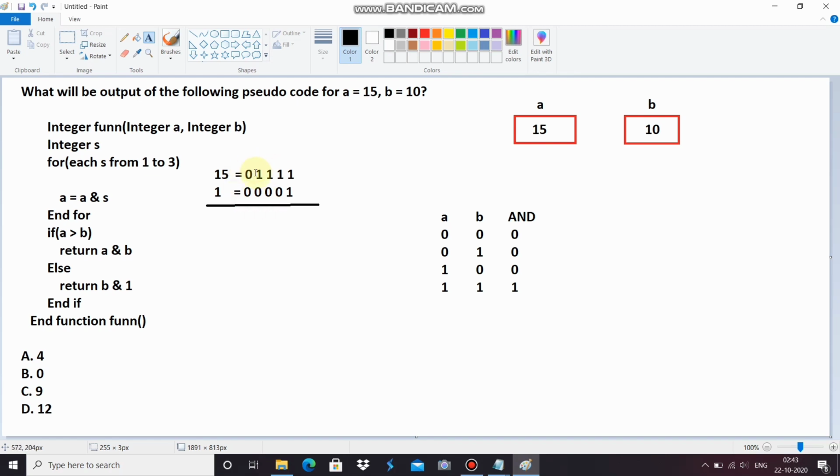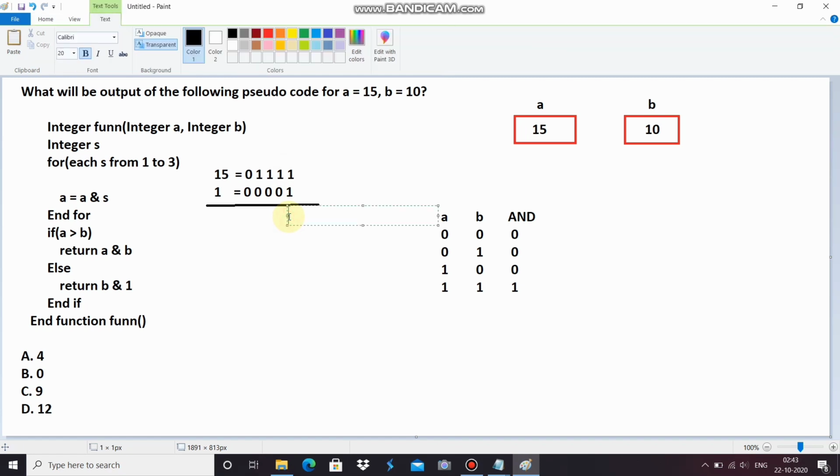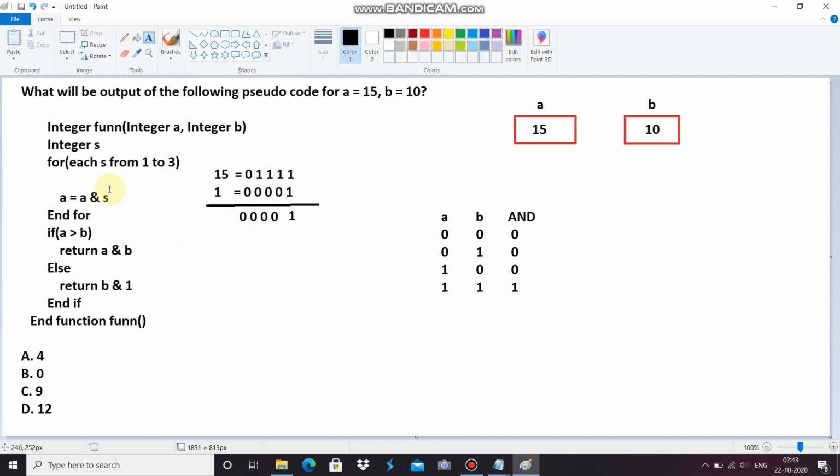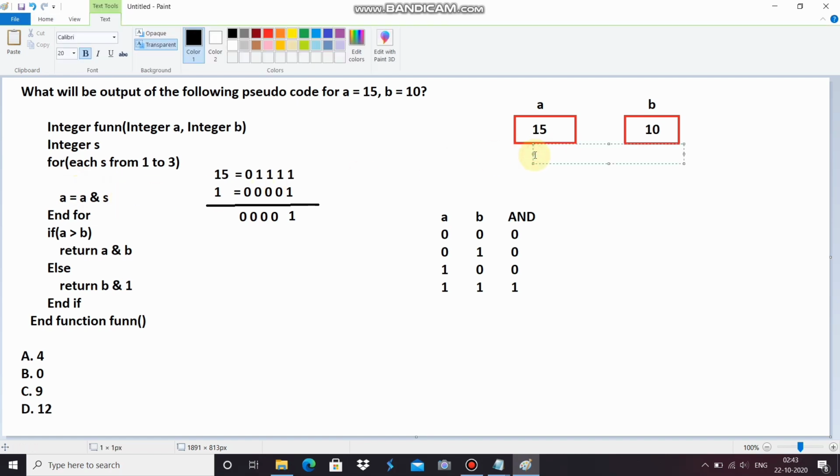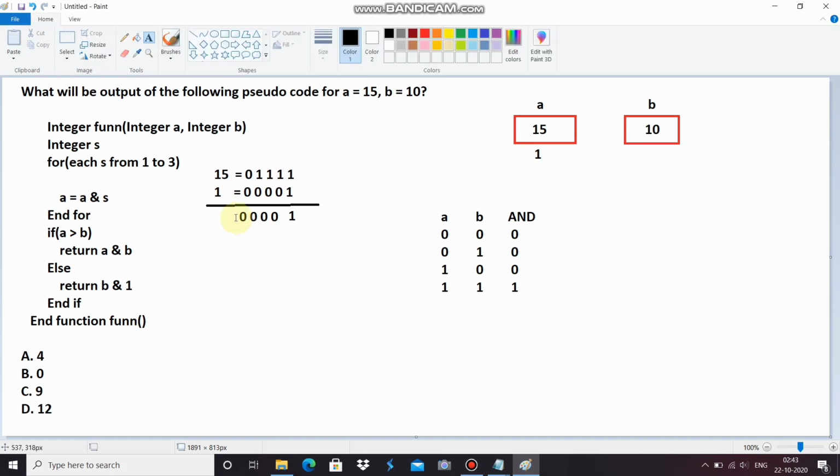You can see in this way, only in one condition, when one input is high and the other is high, it will give 1, and in all other cases it will give 0, 0 and 0. So the output of this condition will be 1, then the value of a will become 1. So it will become 1, and